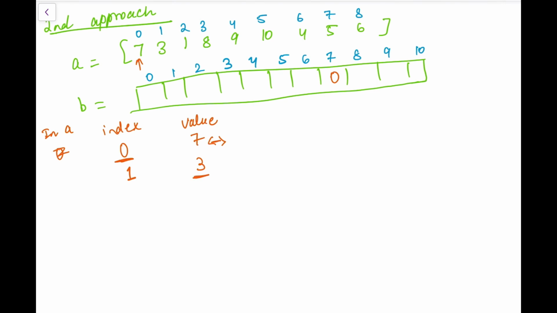Similarly, at the third index in B I'll have a value of 1. At index 1 I'll have a value of 2, at 8 a value of 3, 9 will have a value of 4, 10 will have a value of 5, 4 will have a value of 6, 5 will have a value of 7, 6 will have a value of 8. And this sounds fine, right?